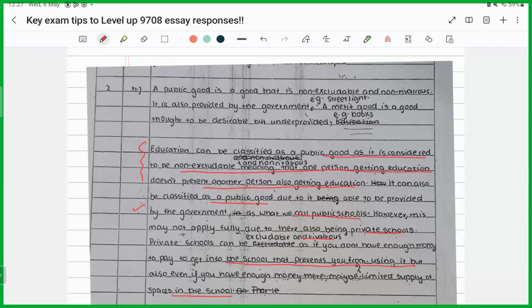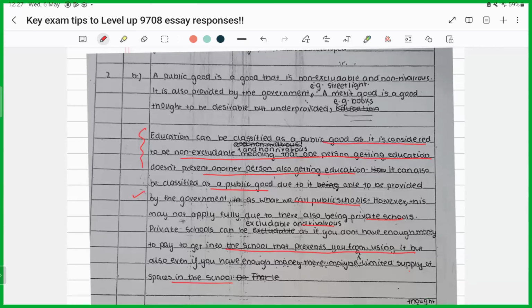But when we talk about education, it's a merit good, right? It's a merit good. And it can either be provided by the state and it can also be provided by the government. So now let's look at